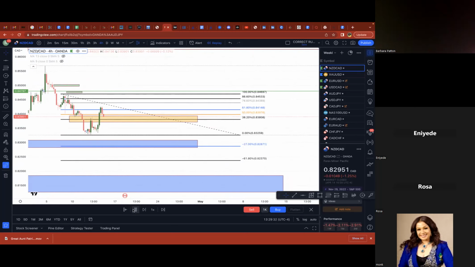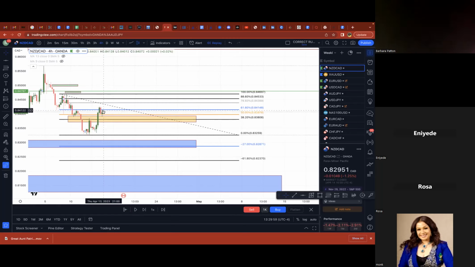Boom. Price came up to 61.8 and closed. Then it retested the 61.8 here. And you probably, either one, if you would have caught this 4-hour or this one, if you just set your level a little bit below the 61.8, if that makes you feel a little bit more comfortable, it would have tapped you right in here.